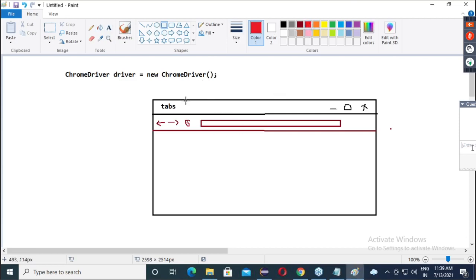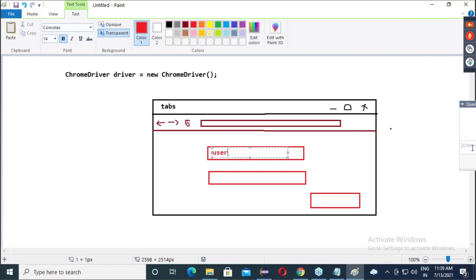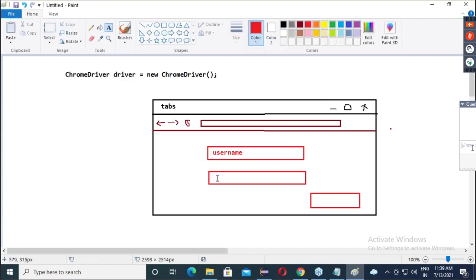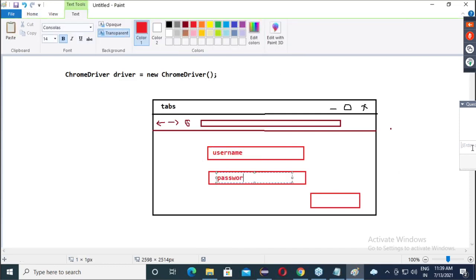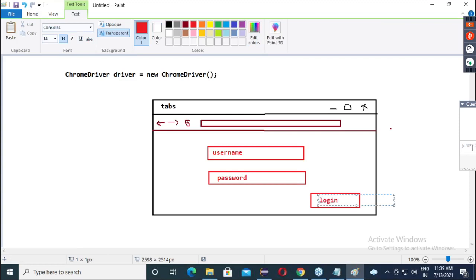Just like here I am opening orangehrm.com. Any application has a username, next a password, and next a login button. So here it's a username, it's a password, and here the login button.